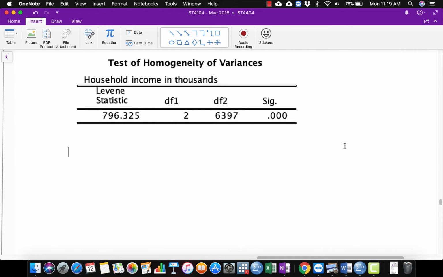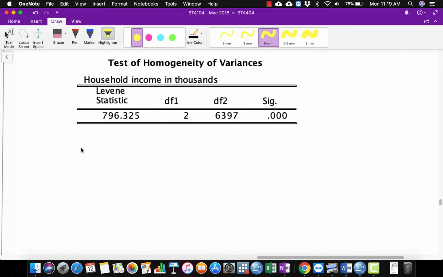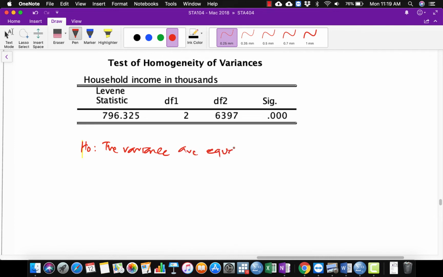The null hypothesis for Levene's test is the variances are equal for every group. The alternative hypothesis is the variances are not equal for every group,